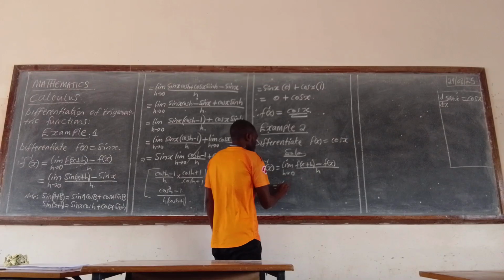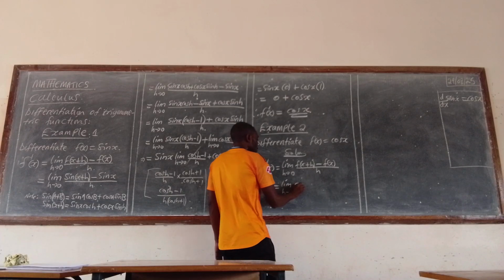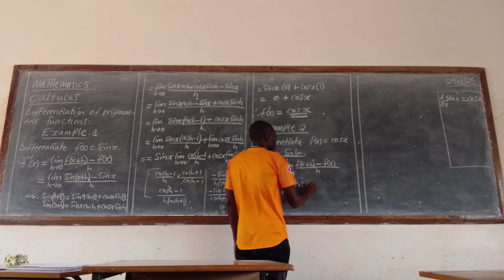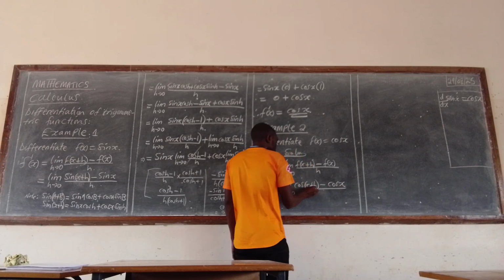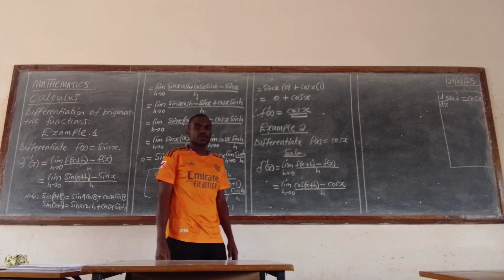So we have the limit as h approaches 0 of cos(x plus h) minus cos x, which is the function itself,